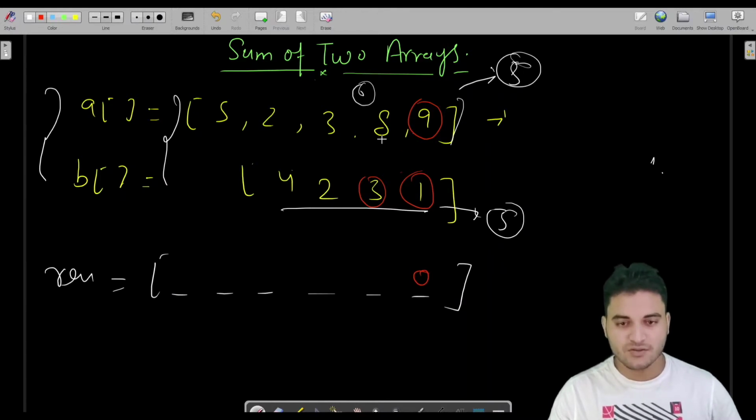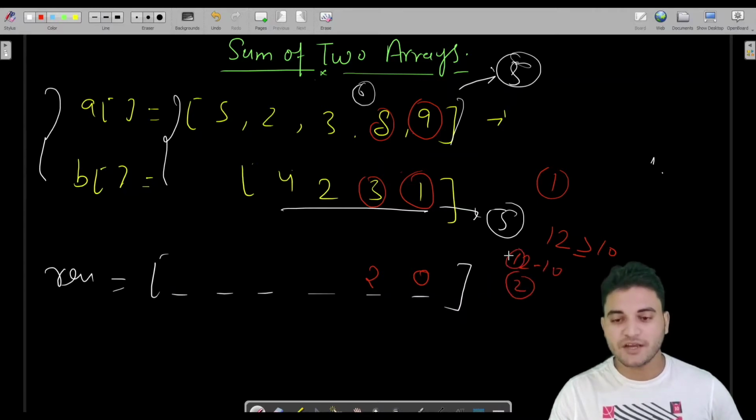Fine. So 8 plus 3, which is 11, plus 1, which was carry in this case, so 12. So if again this is greater or equal to 10, in that case we have to write 2 here, which is 12 minus 10, and we have to take carry as 1. So 1 would be the carry again. Fine.